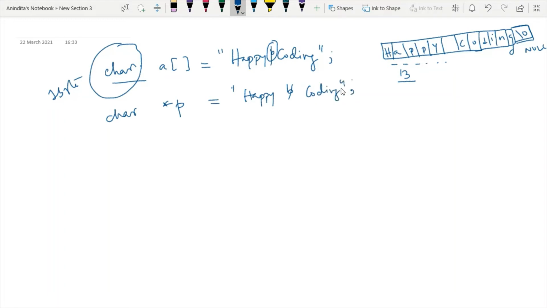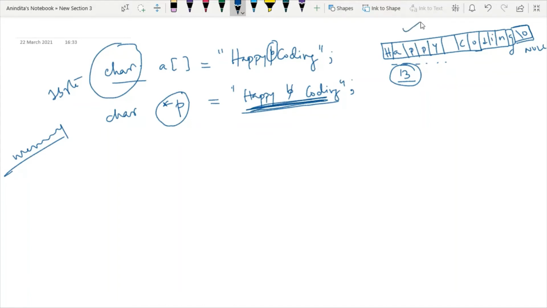Now here the question is, what is the memory allocation and what is the size of the memory? Because in the previous case the size of the memory is 13 consecutive bytes. Now what will happen here? Now this is the most important point. Whenever I am storing one particular string in a pointer, what happens?